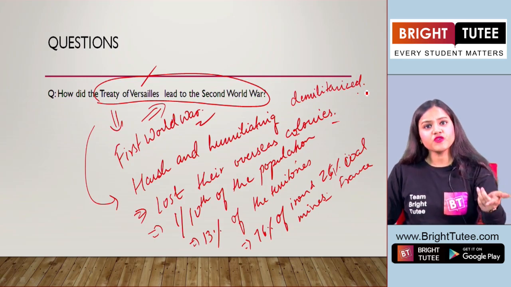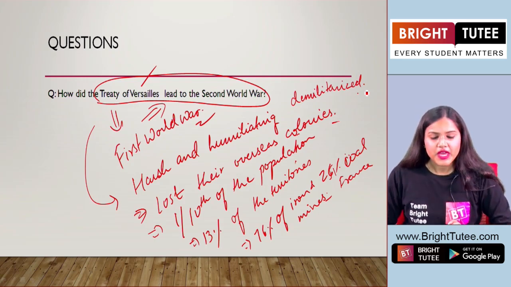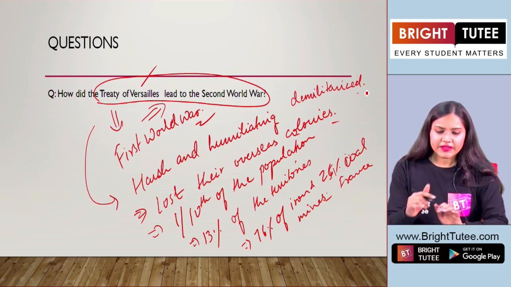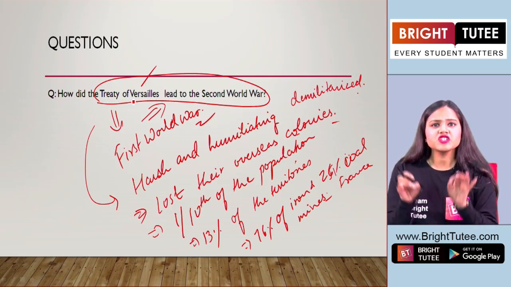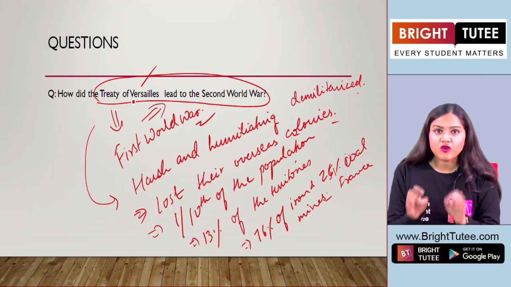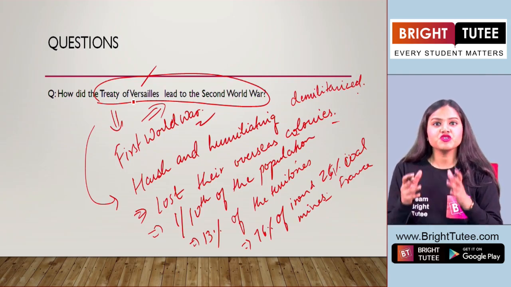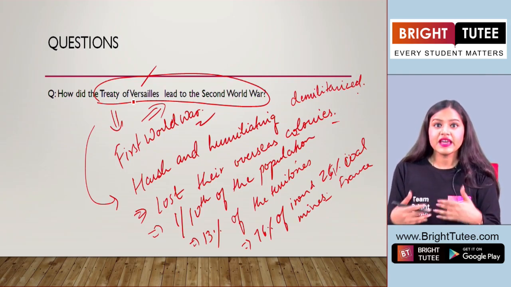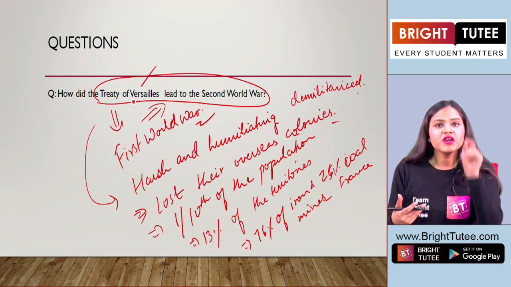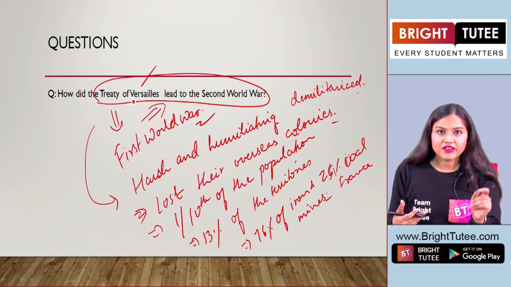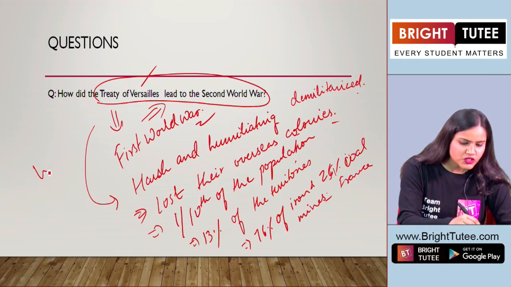Germany was fighting from the Central Power Group. So these are some of the basic points that were there in the Treaty of Versailles. Definitely, it was a harsh and humiliating treaty for the people of Germany. They were treated very badly after this. Moreover, they had to pay a compensation of 6 billion pounds, right? And they were forced to sign the war guilt clause,